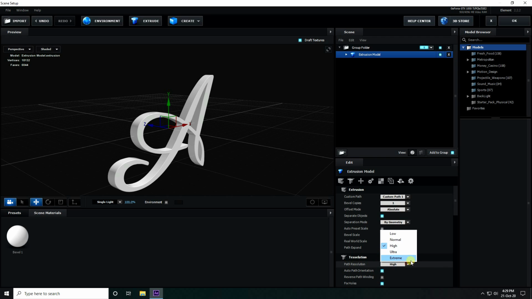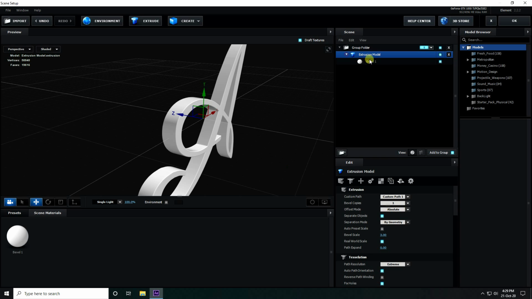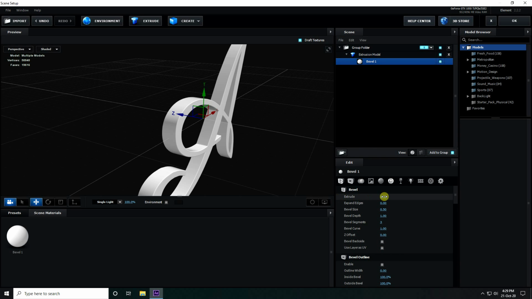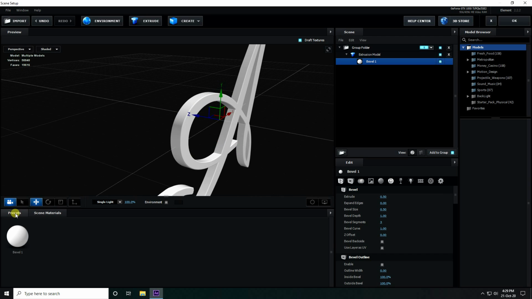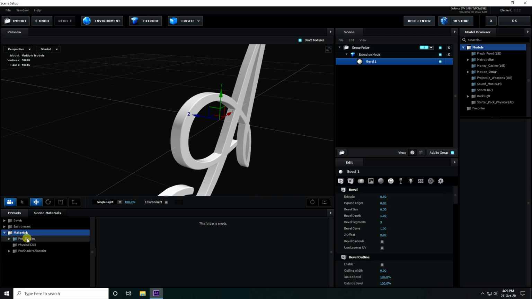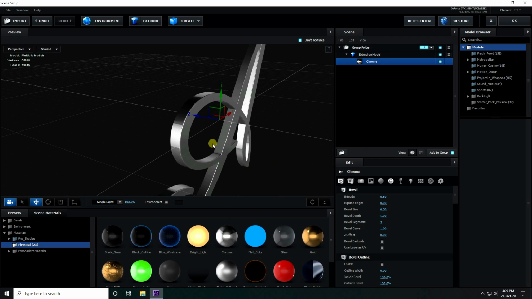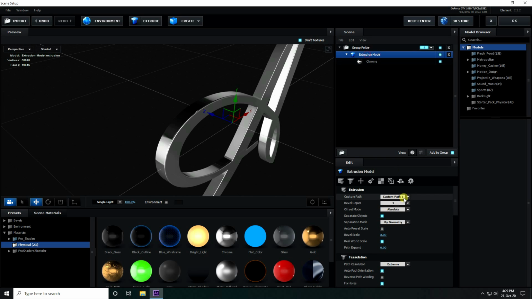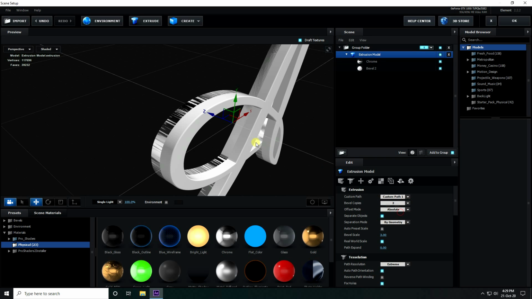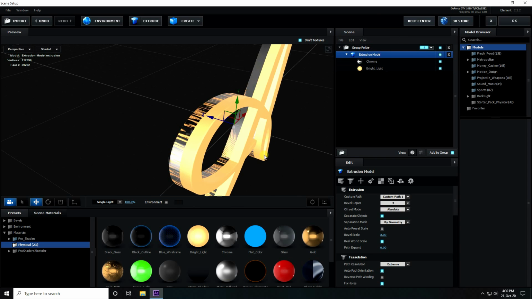And for path resolution take full extreme. And go to bevel and decrease the bevel extrude by half, like 0.5, right. And now I apply a material. This time I use a simple chrome material, select this chrome material and apply it on the bevel. And now I take bevel copy, take 2, and select the second material and apply it on bevel 2, right.